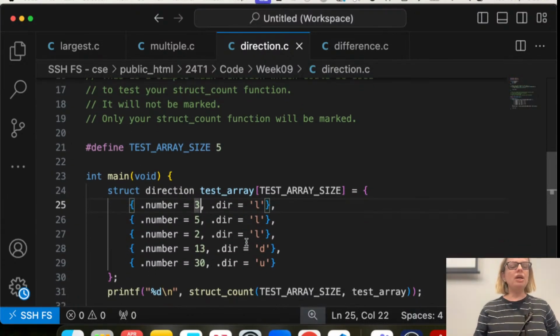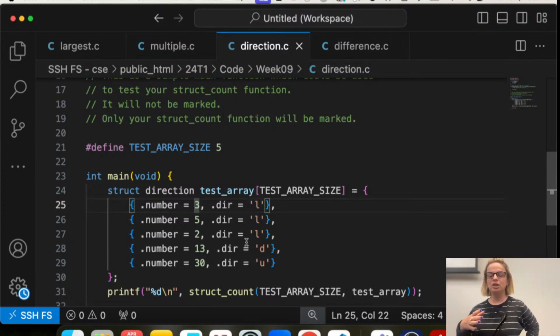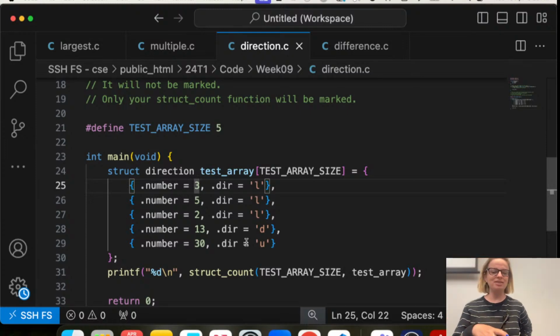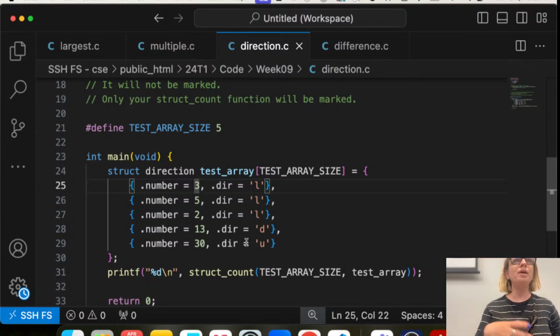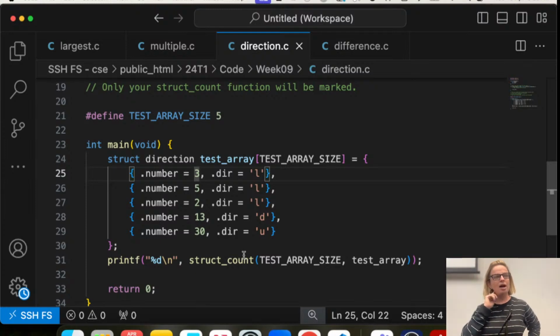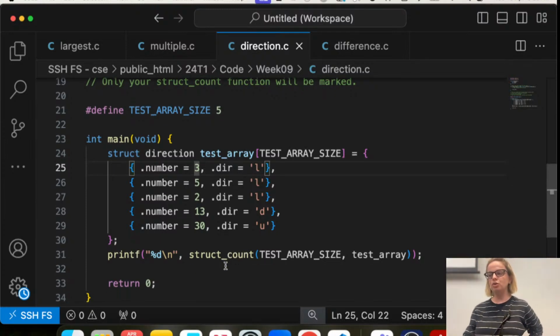Anything you change inside main will not be marked, only your actual function will be marked. So we don't do anything weird in the main. Someone's saying it's weird syntax. It's not. It's just declaring it all as one, as opposed to assigning it in 70 goes. And again, your main will do the printf statement for you, so you don't need to do anything about it.